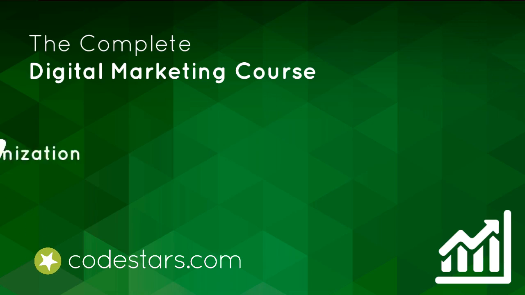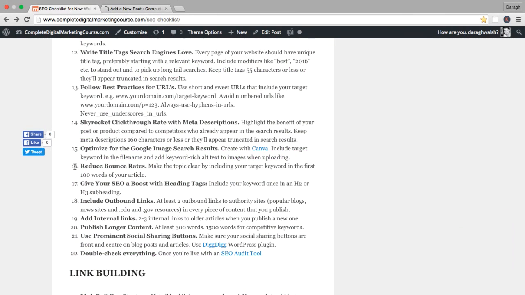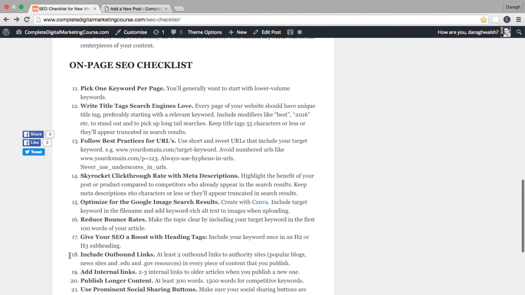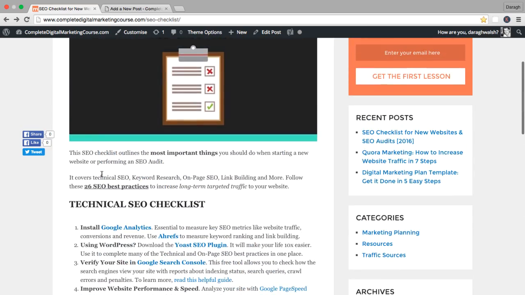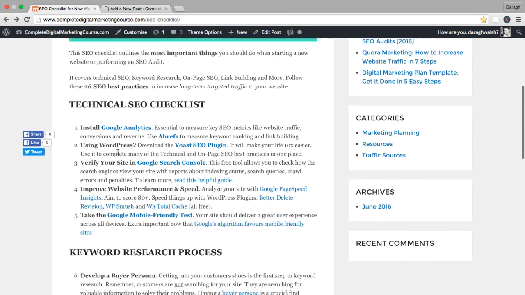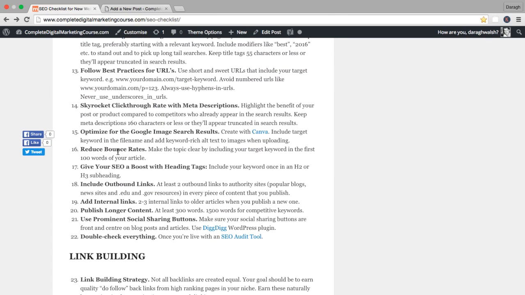In the last lecture, we optimized your images for these search results, and now in this lecture, we're going to cover off the remaining points in the on-page part of your SEO checklist. Starting off with reducing bounce rates, you really want to make your topic clear right from the start. It's suggested that you include your keyword in the first 100 words of your articles. And you can see that I've done that here, this SEO checklist. I'm making it very clear right from the start what this article is really